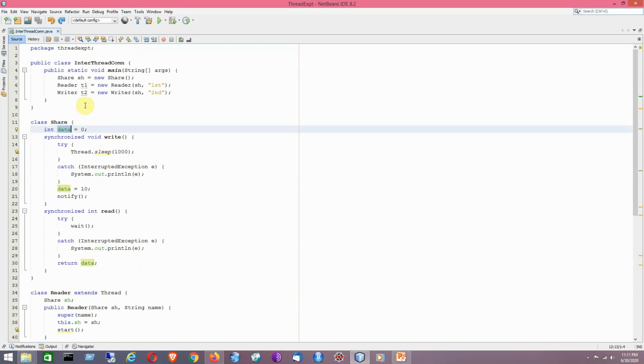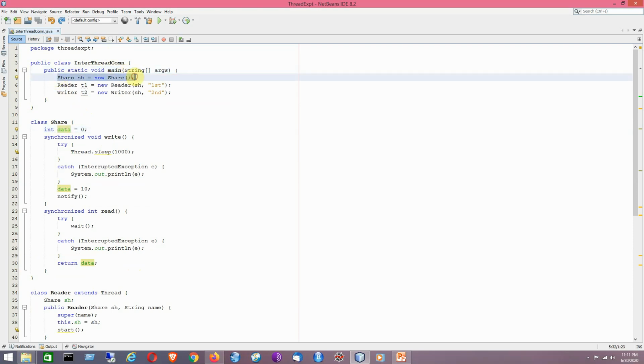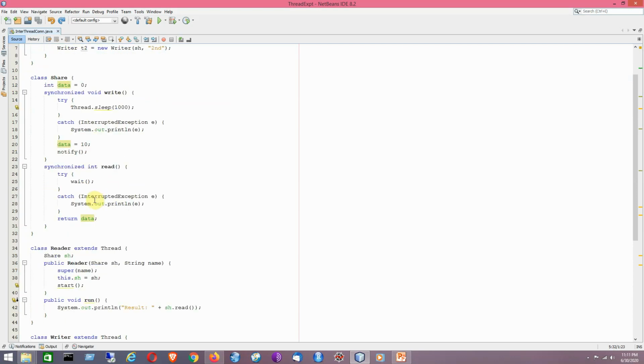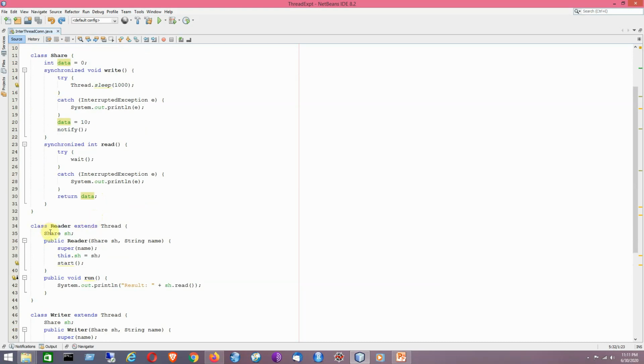I would also like to mention that we have a shared class object, and it is passed as an argument to the constructor of the Reader and the Writer class along with their respective names for their respective object creation. It is a very simple part to discuss, but the complicated part is related to the design of the reader thread, the writer thread, and the Share class, the way the write and read methods have been designed. So that is the idea.